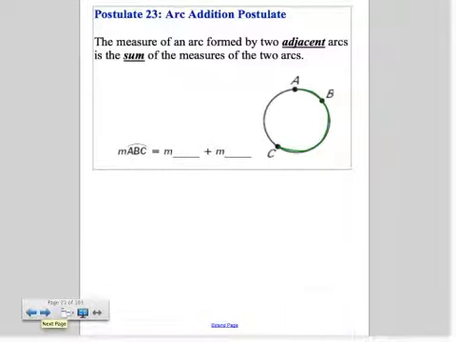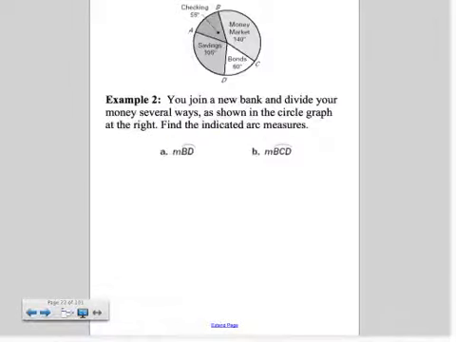So in other words, take arc AB and add to it arc BC. All right, so you want the big arc, just take the 2 smaller ones, add them together. So it says find the measure of BD. Okay, well, here's B,